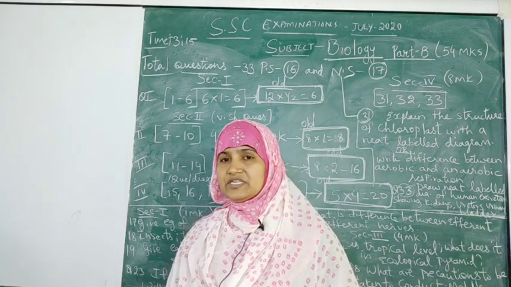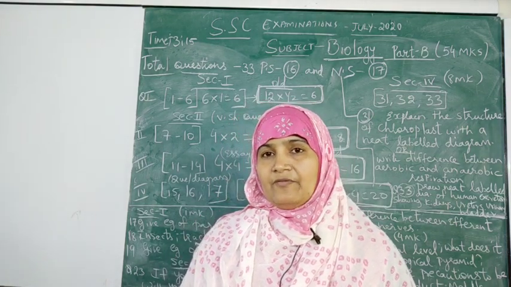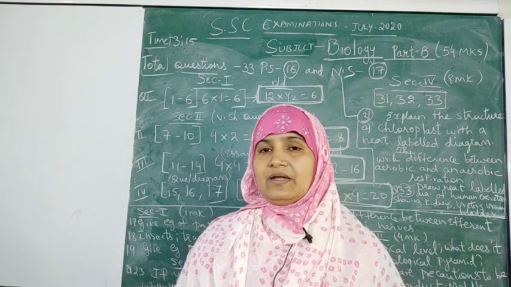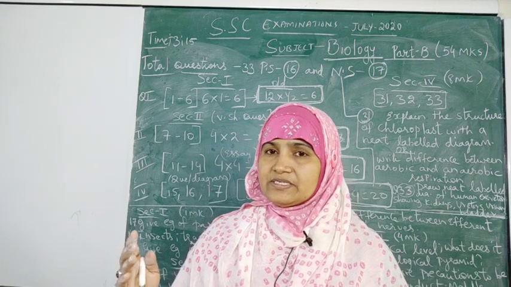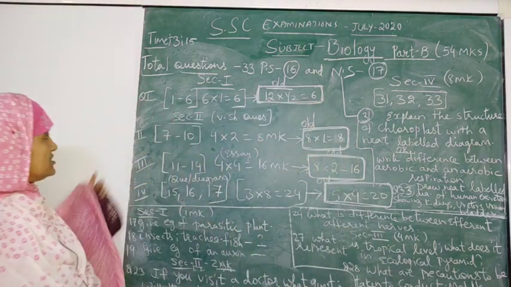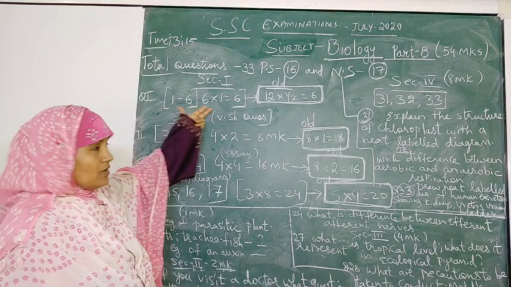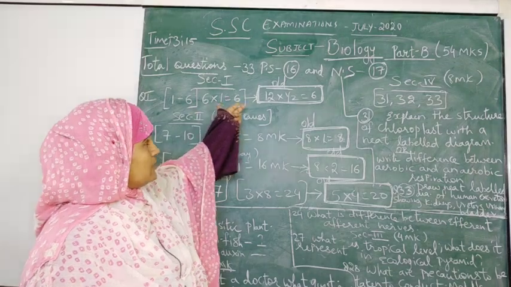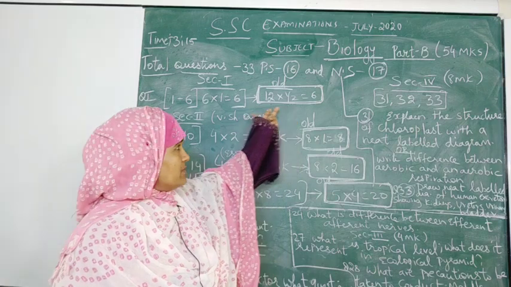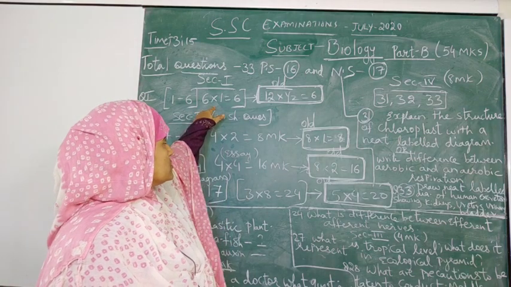We will see the changes that have taken place in different sections, and how the paper is combined of PS and NS. You have already seen how the PS format is clubbed with the NS, and the marks are categorized in 4 sections. We have seen section 1 consists of 6 questions that carry 1 mark each, and in the old pattern you had 12 questions which carried half mark each. That means instead of 12 questions you are going to write only 6 questions for 1 mark. So you only focus on these.